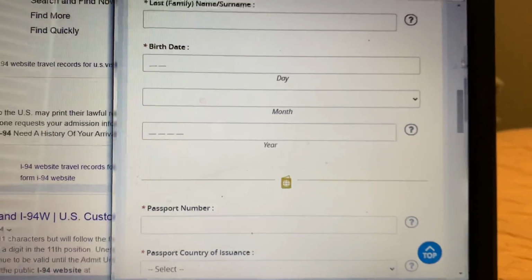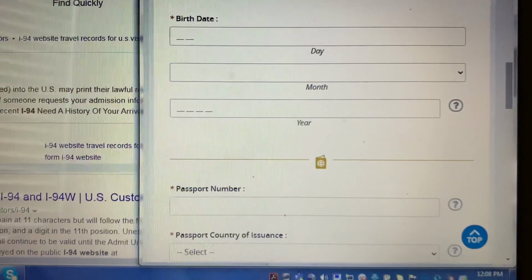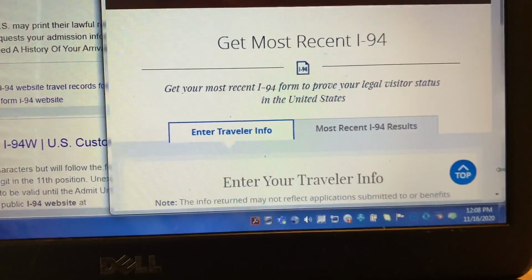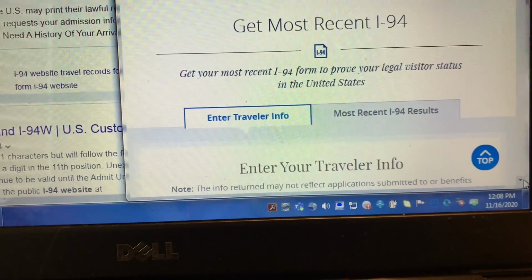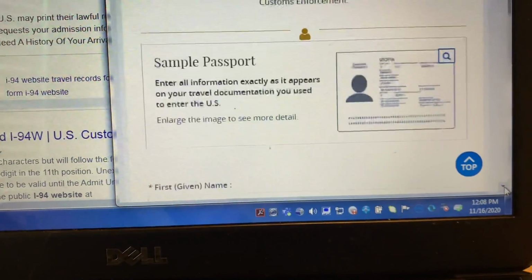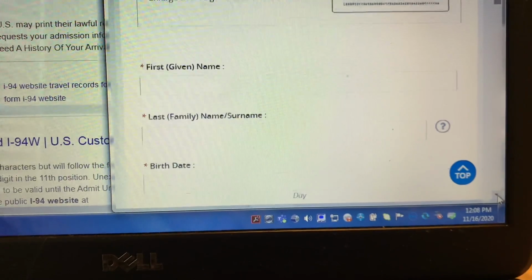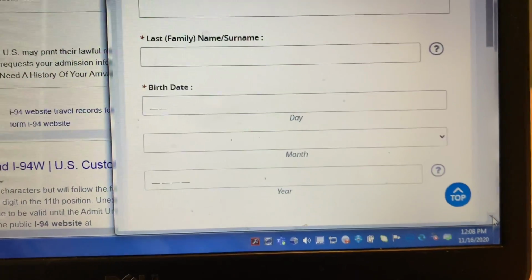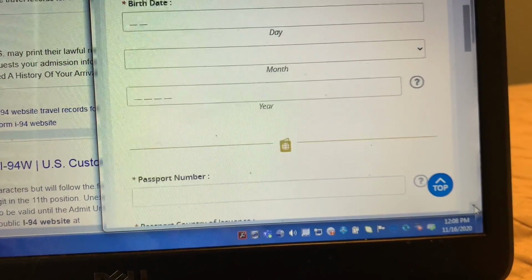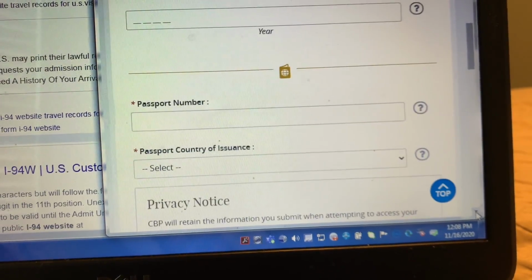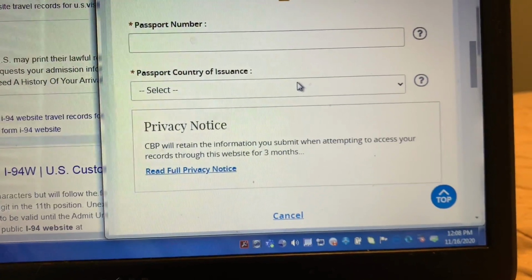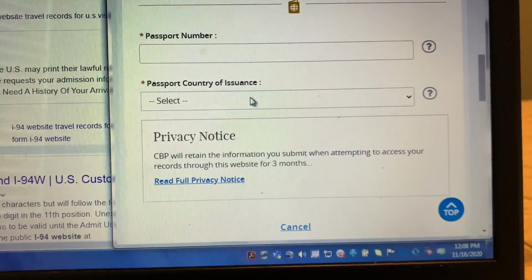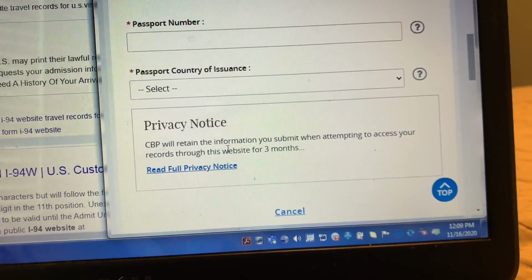Then you have to fill out everything in here. Enter travel info, most recent result. Put your name in here, your date of birth, month and year, and then you should put your passport also: the passport number and the country of issuance.